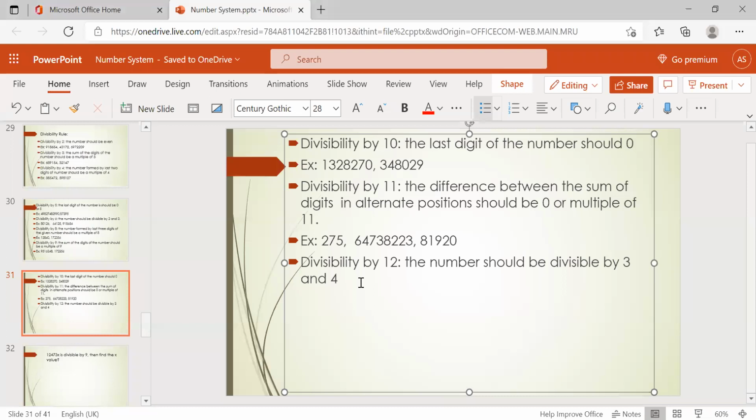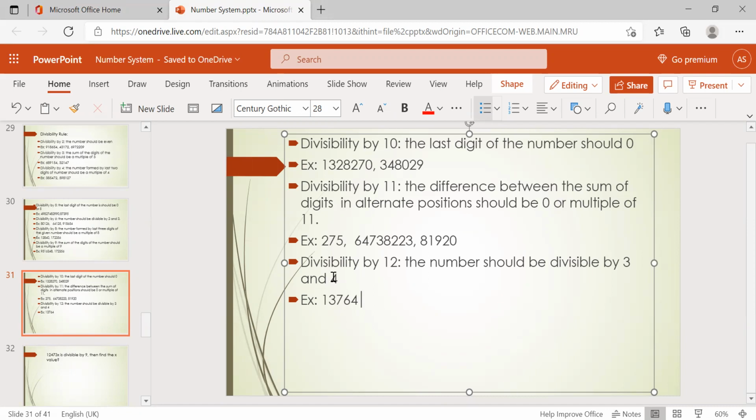So okay, check some examples. 13764. Now check this. First, we can check divisibility by the rule of 4, right?